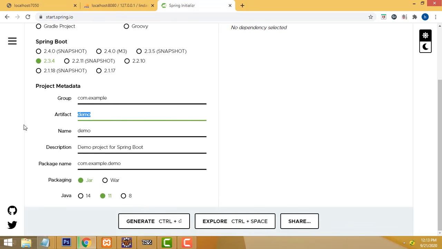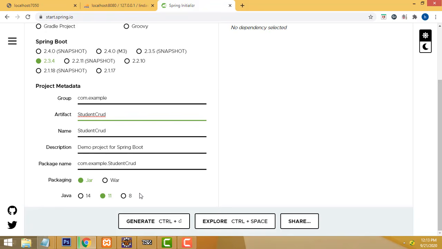After that, we have to give the project name over here. Right now, I am going to create the project named student CRUD. You can give any name over here. I just give the name student CRUD. That's the only thing we need. After that, they are asking for the